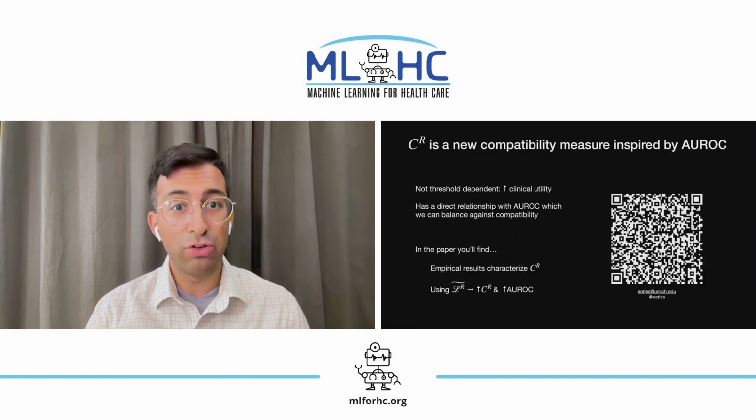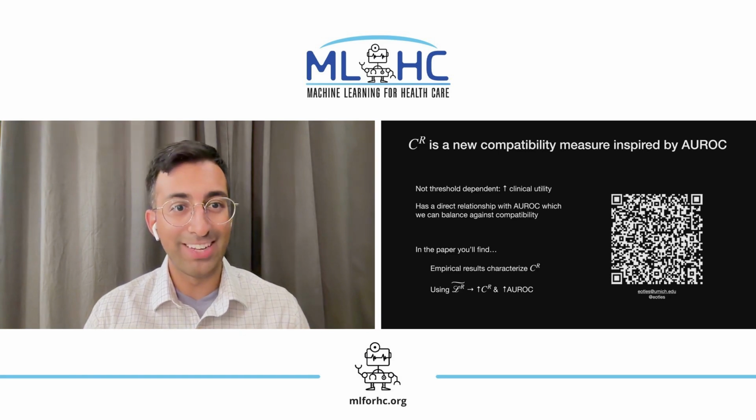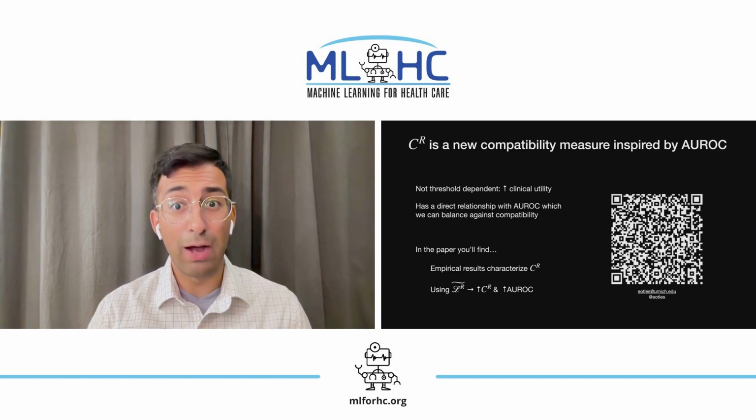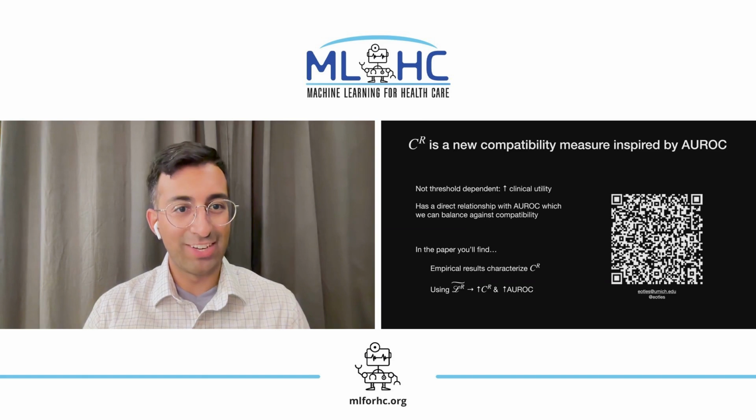To recap, we introduce and study a new rank-based compatibility measure to assess risk stratification model updates and a loss function to generate models with high levels of compatibility. We show their relationship with AUROC and empirically evaluate updates using a MIMIC-based mortality risk stratification task.